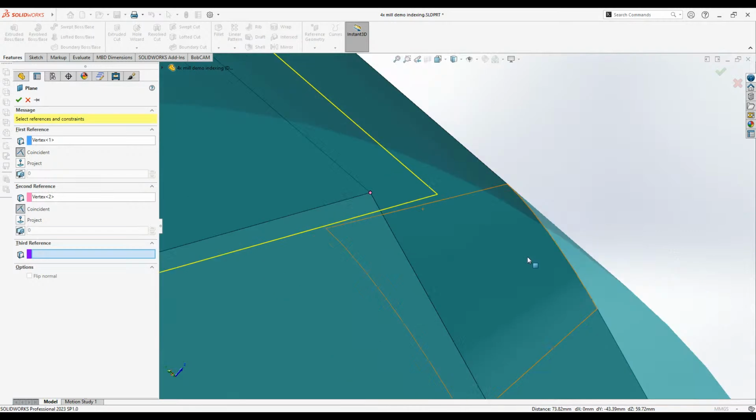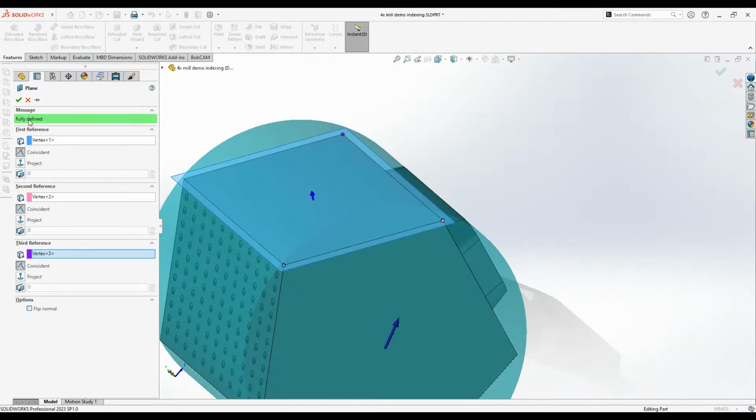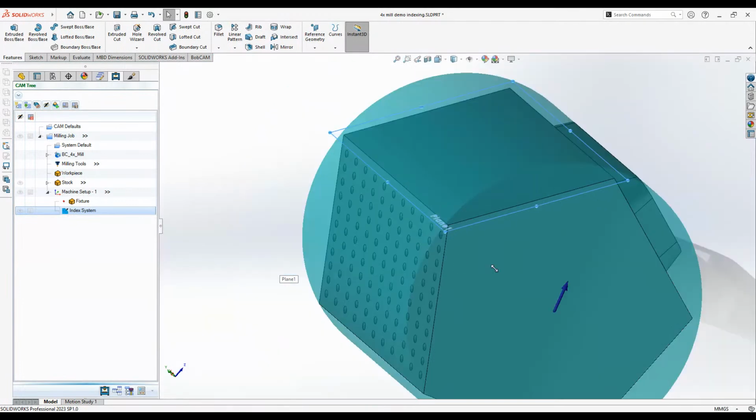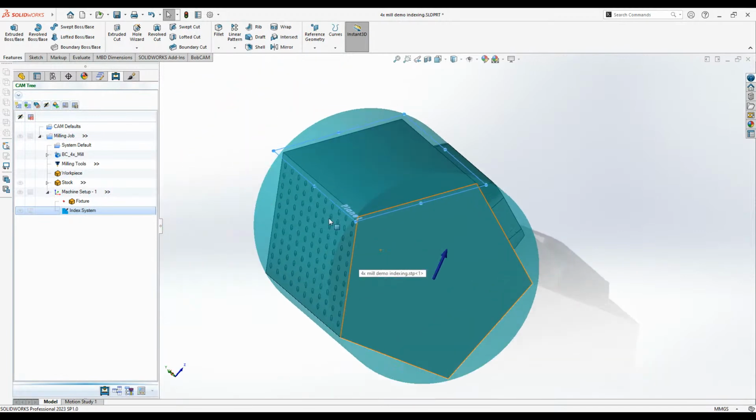If I can get it, there we go. Looks like it might be defined already, but just to make sure, we'll hit the third reference with this third point. Okay, now it is saying that it's fully defined with this message, and I can hit OK. Now we've got plane number 1, and that'll be in your feature tree in SolidWorks